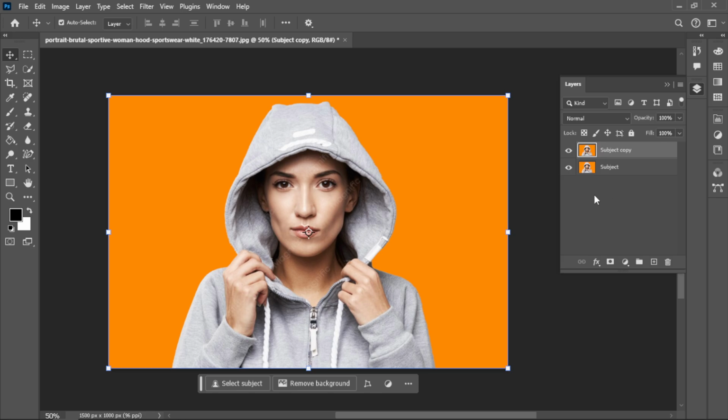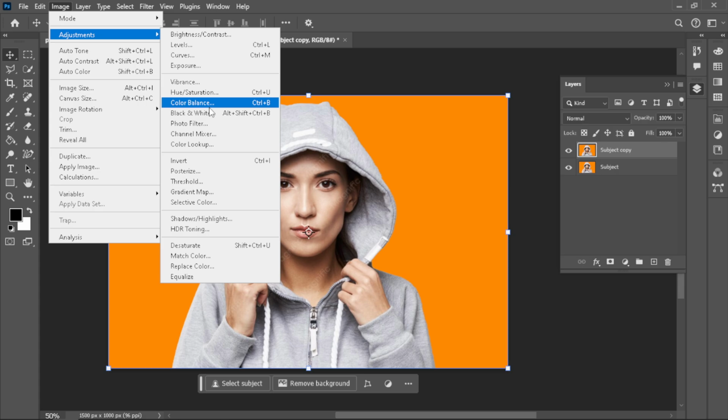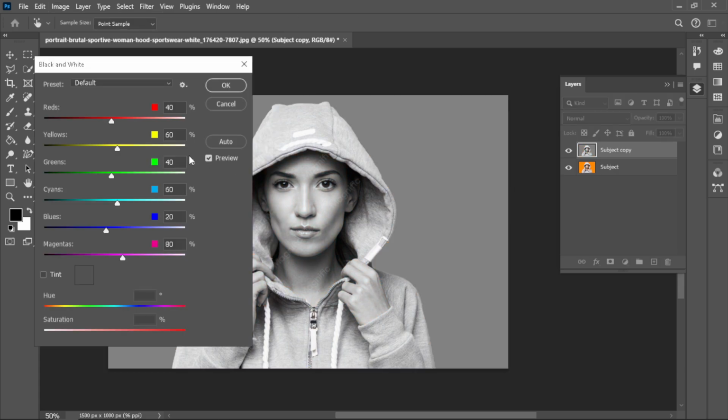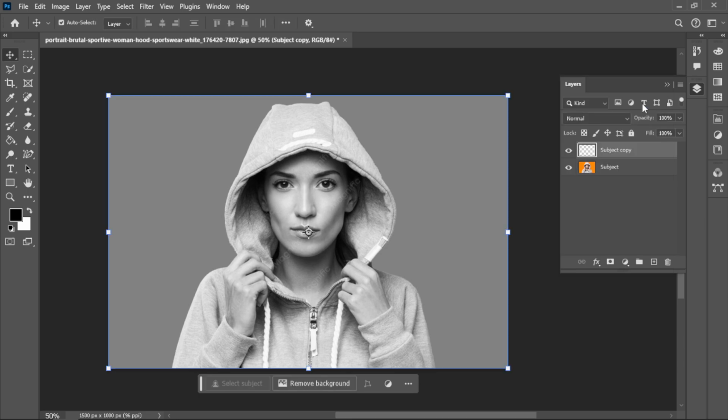With the duplicated layer selected, go to the top menu, click Image, then Adjustments, and choose Black and White. This will convert the duplicated image into black and white. Leave the default preset settings exactly as they are. Then click OK. Next, hold the Alt key on your keyboard and click the Add Layer Mask button at the